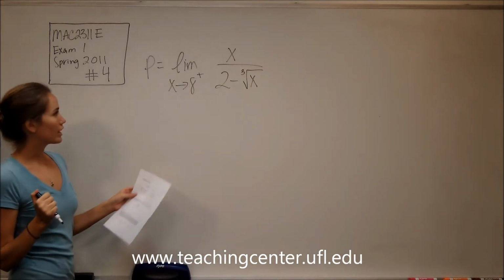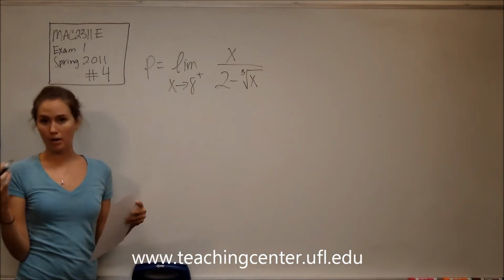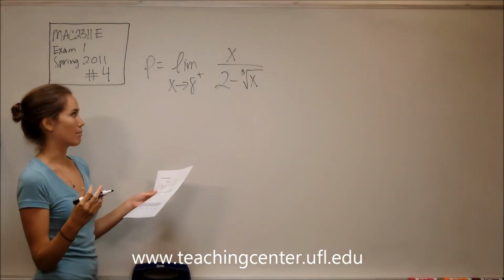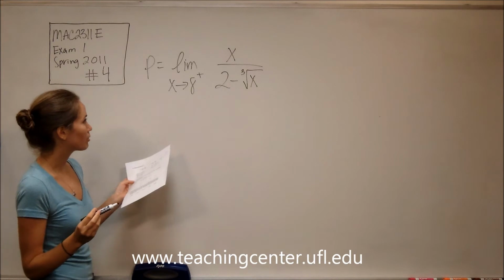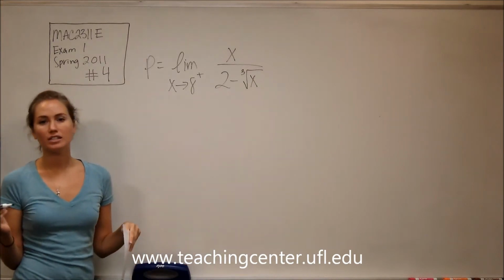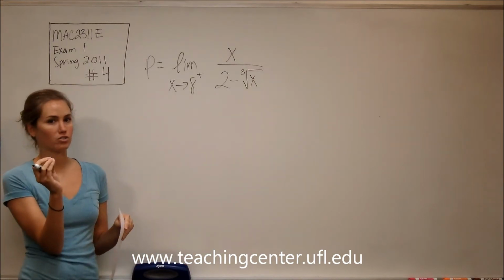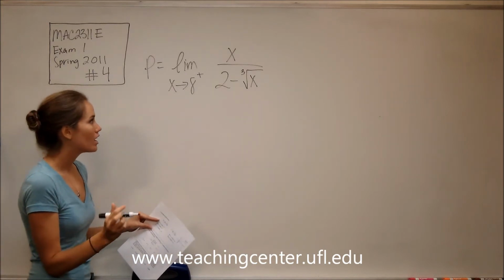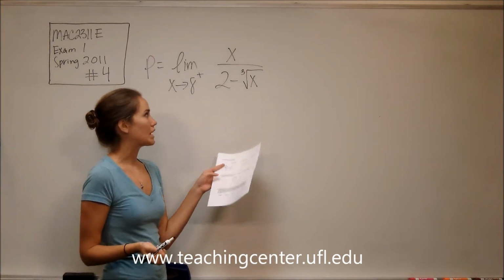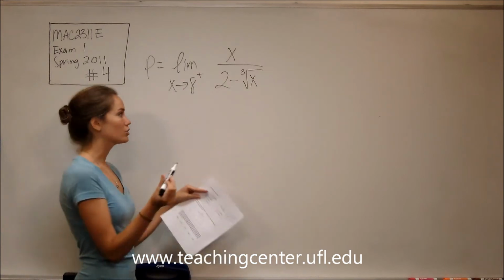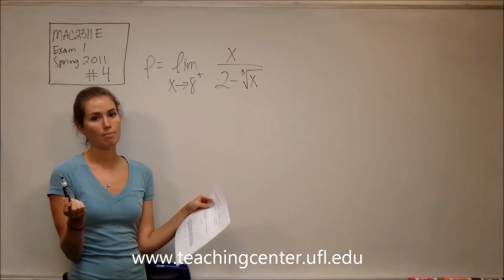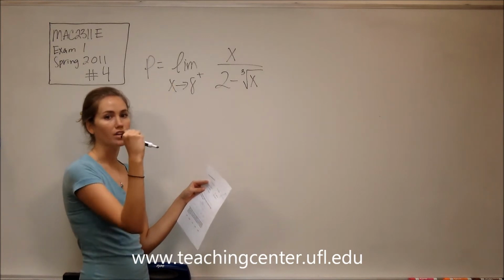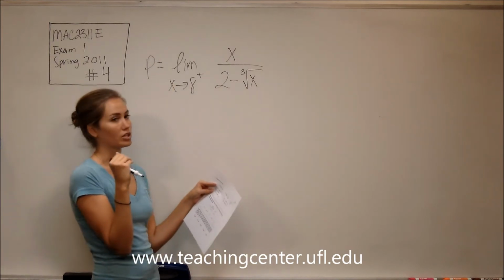We're not going to actually solve these algebraically or anything like that. We're just going to look at them and figure out what's happening. If x is approaching 8 from the right, it's some number that's just slightly larger than 8, like 8.0001. We know that the cube root of 8 is 2, so in our denominator we would have 0, but it's just 8 from the right. We're not actually approaching 8, it's all of the numbers getting closer and closer to 8